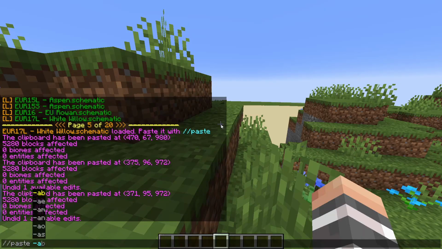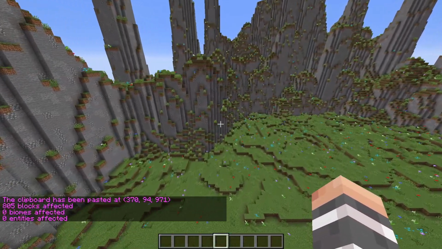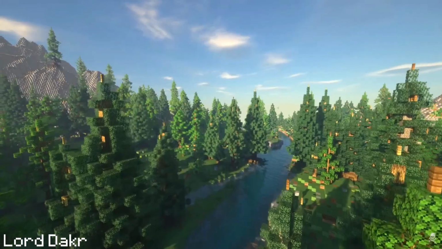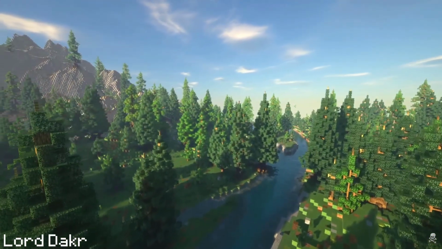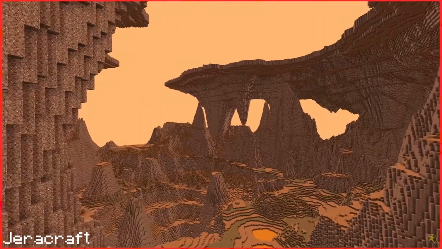Now, this could take a lot of time to make a forest like this, but I think it's way better than normal trees. I mean, just look at this. And if you wanna make really big forests, then I recommend using World Painter. And it's way easier to create absolutely massive things in World Painter than in WorldEdit.